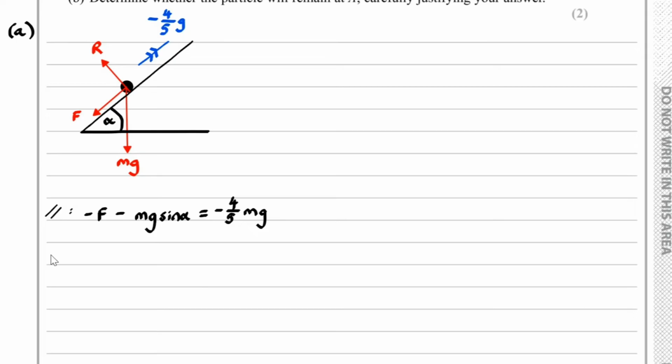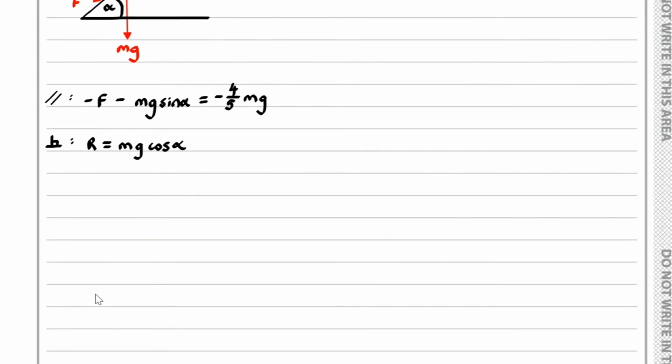And if we resolve perpendicular to the slope, we have R equals mg cos alpha. And we also know that F is equal to mu multiplied by R. So if I call this one equation 1, this equation 2, and this equation 3, then